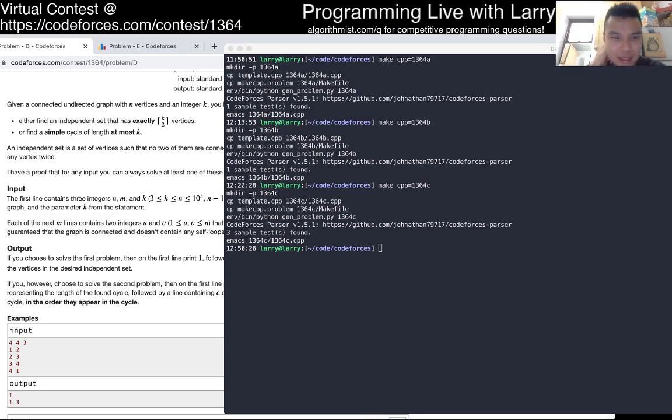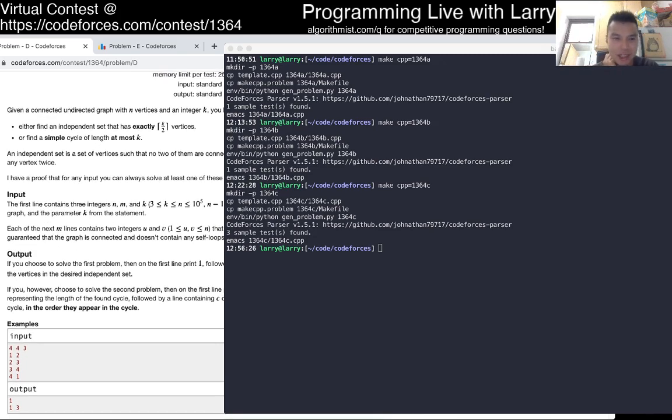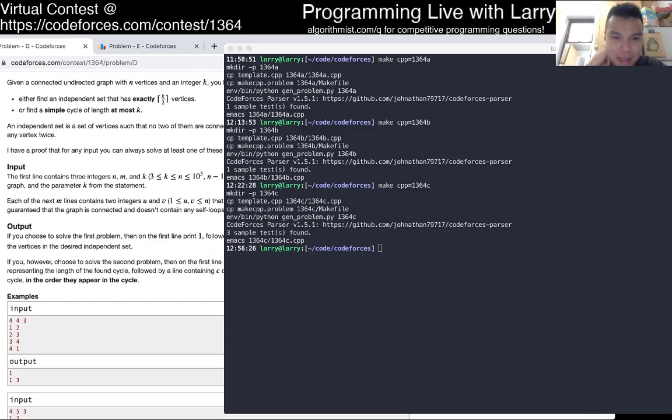Well, I mean, not 2 coloring, but try to find. But K is really big, so we have to do something smarter. I don't know. So it's going to be some sort of depth first search in either case.